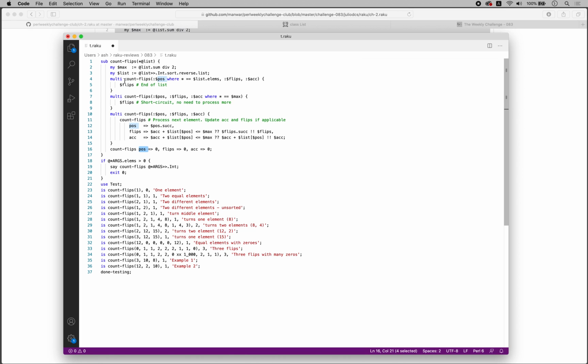Oh my god, wait. Count flips is the name of the outer subroutine, and there are also a number of inner subroutines which are multi-subroutines. Oh my god, how does it work? I mean, when we call this, I believe it will call one of the multi-methods, and if you call this one, yeah, it also will call one of these multi-subs, because we pass 3 named arguments, and these multi-functions expect named parameters, right? And this one, it's not a multi-sub, and it expects, yeah, a list, which it will,